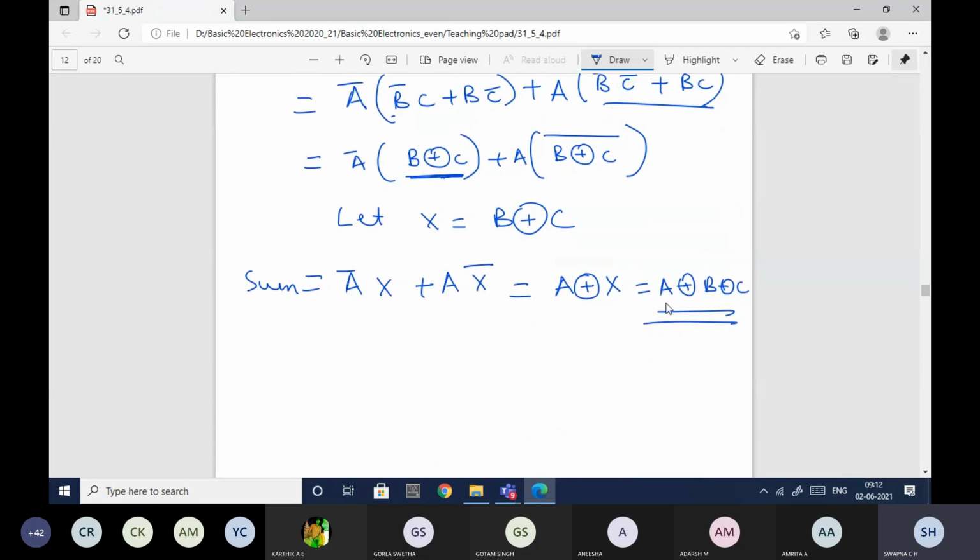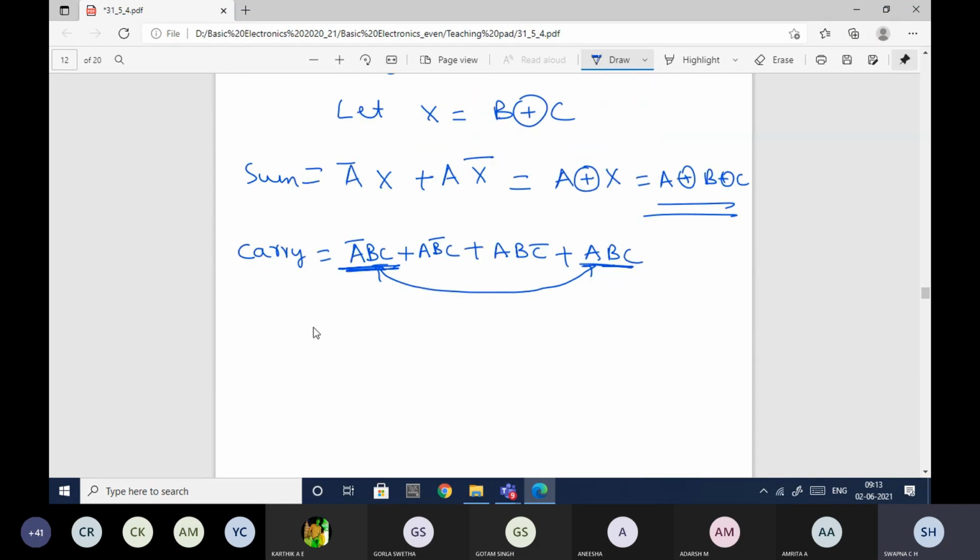But make sure that you convert it in this way, and you have the carry equation also. In these two terms, it will turn to BC A bar plus A, and here I'll take A common from these two terms.